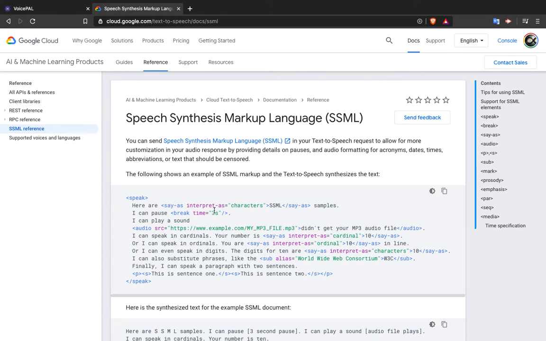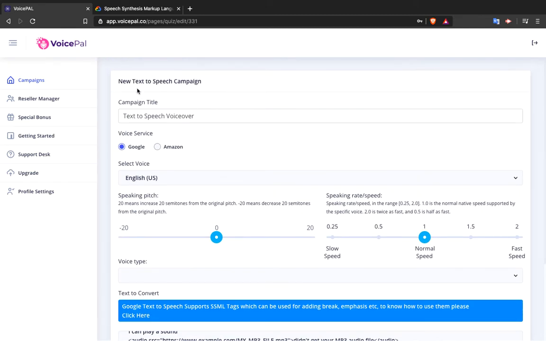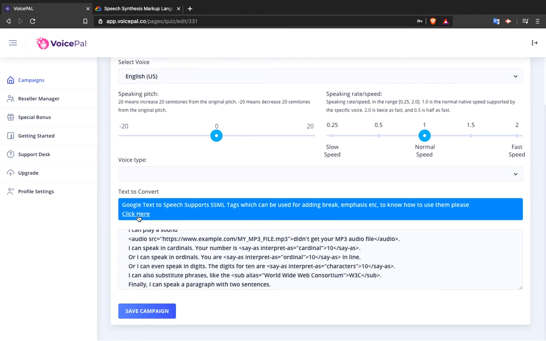It's easier to understand if you refer to this site from the Google AI machine learning products. So this text will be provided in the description of this video on YouTube. Also it will be provided in this click here button over here, in the text to speech campaign, which you can access directly from here.